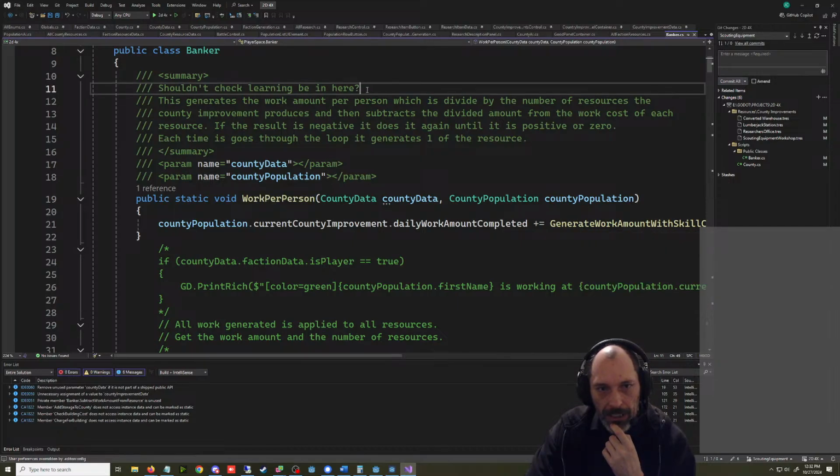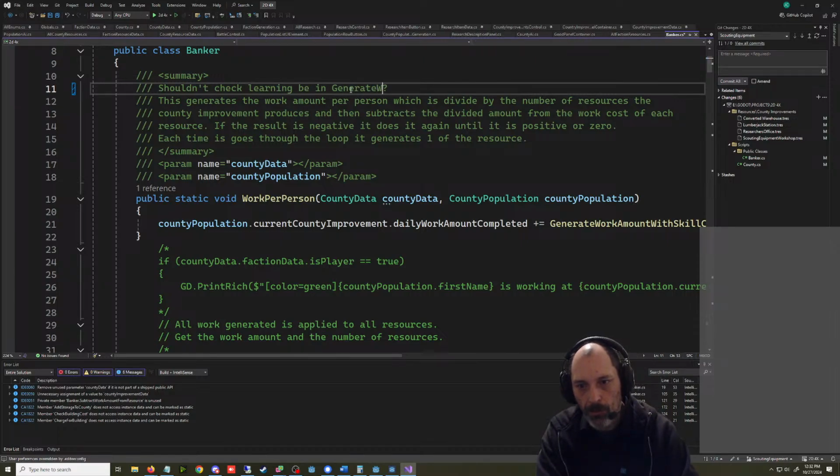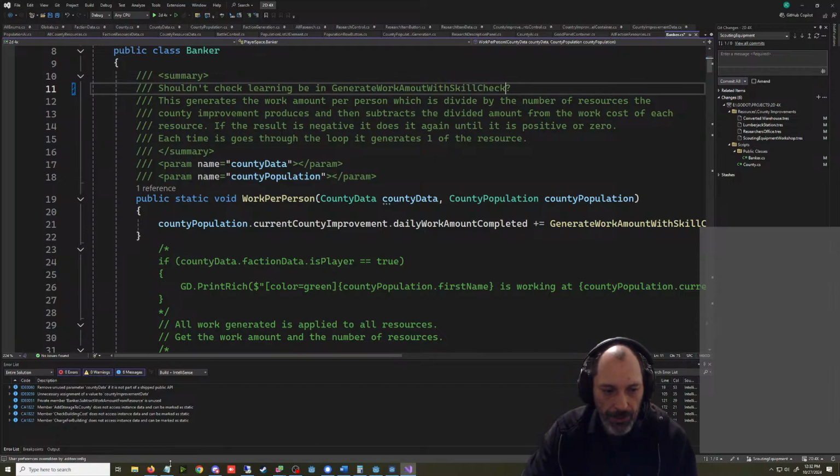Shouldn't learning check be in generate work amount with skill check? I think I took it out of there. So when your population that's doing the work can learn,